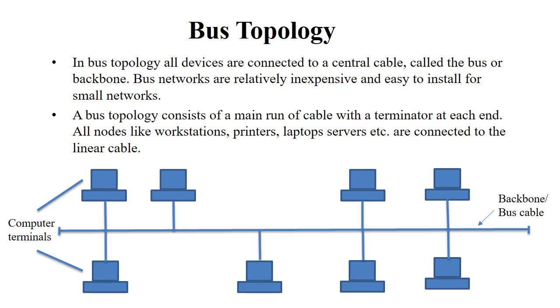Here all computers are connected with each other using a bus cable or backbone, and each end of the cable has a terminator. It is the simplest physical network. In this topology, all the computers including the server are connected by a single cable with the help of an interface connector. The cable is known as the bus and acts as the backbone of a network which joins every computer and peripheral in the network.